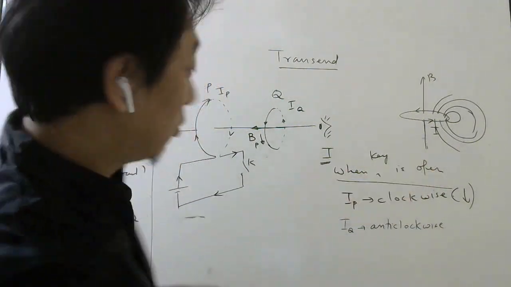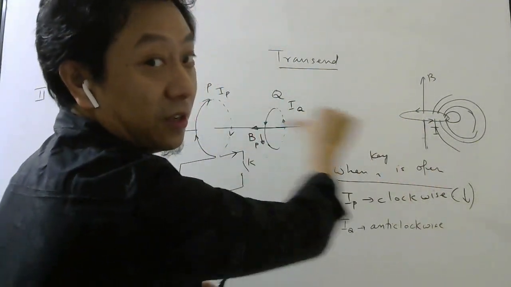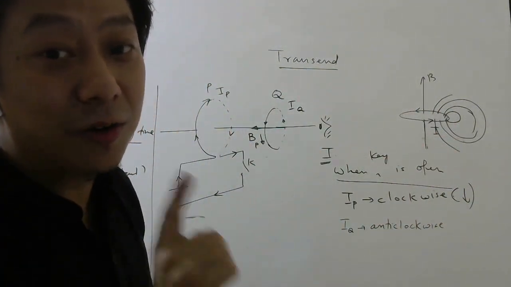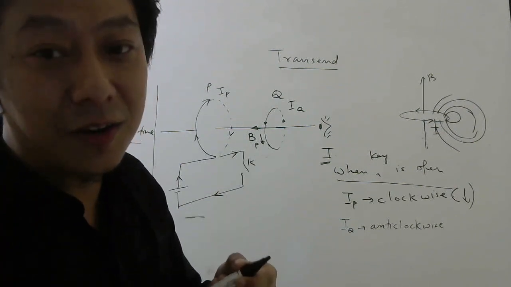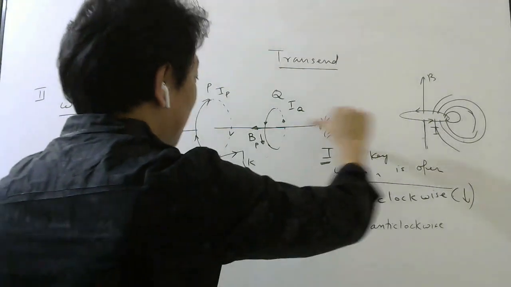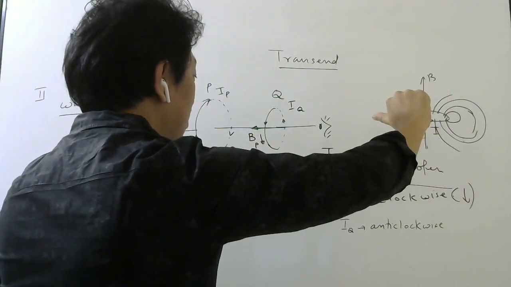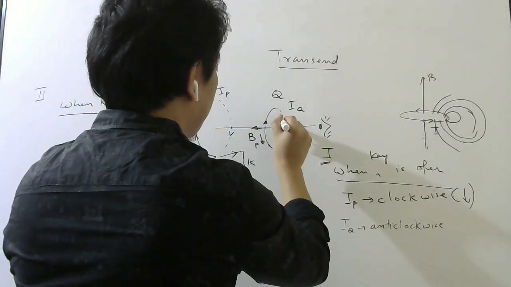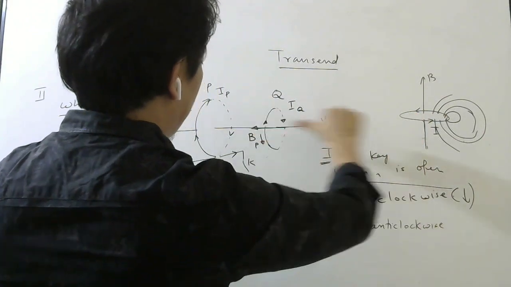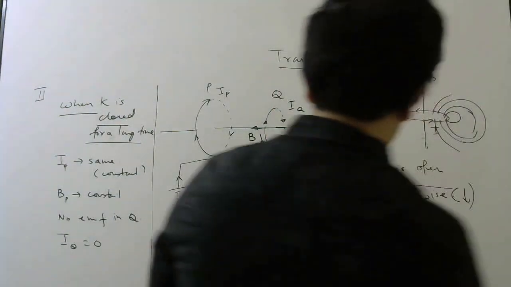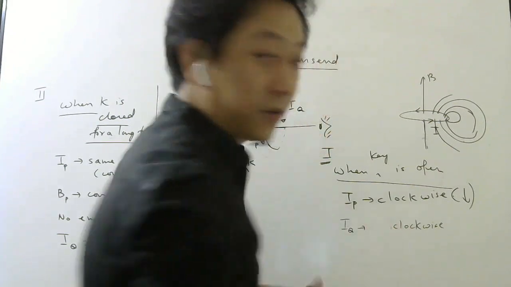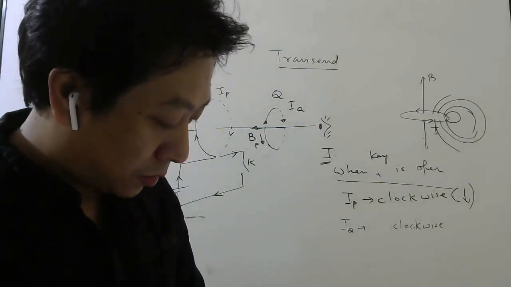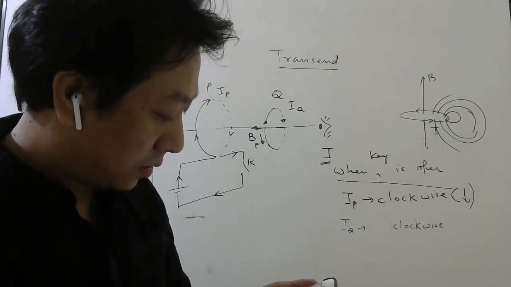So when this is decreasing, this field will be decreasing. To oppose this decreasing field, you have to help it or fight with it. You have to help it because it is decreasing. To help means to produce magnetic field in the same direction. So current here should flow this way, so that it will create magnetic field in the same direction. So when you see from here, it will be clockwise. So when it is open, this is the answer. So respectively anti-clockwise and clockwise.